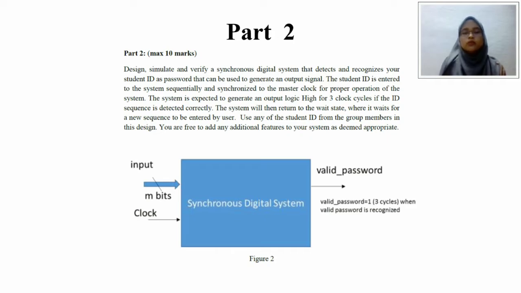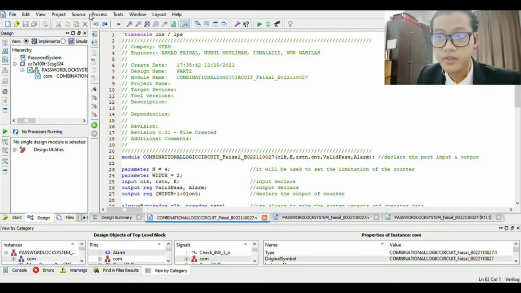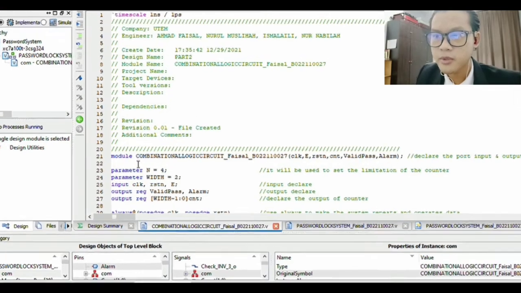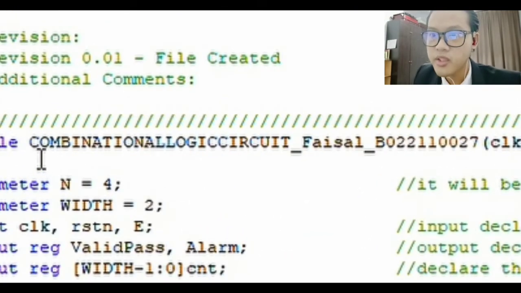Next, I will pass to Ahmad Faisal. Thank you. As you can see in the previous part where my friend Isma talked about the question part 2, right now I will talk about the coding, the circuit, the timing diagram, and the test bench of part 2. For this module, we name it combination logic circuit underscore Faisal underscore